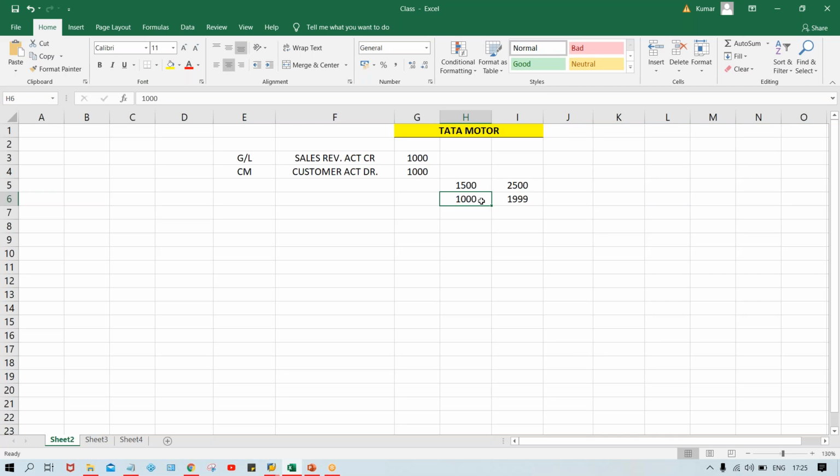Because 1000 to 1999, it means after 1500, whatever the number ranges are there, that is overlapping with this range, right? And since this range is created before us, the system will not allow you to set up a number range. Your number range must be unique and should not overlap with any number, right? So in case of online server, what is the major challenge, guys? Now it is going to take half an hour